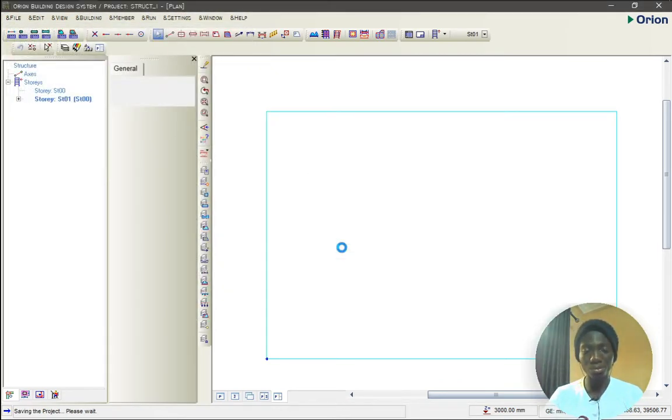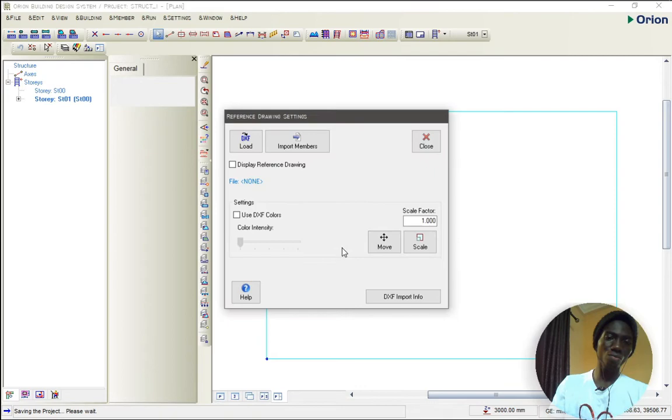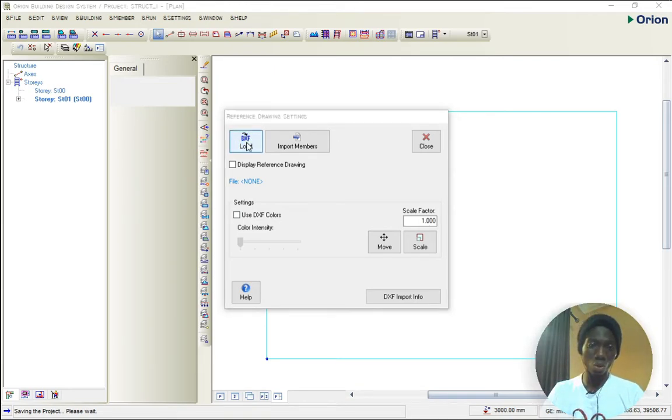Okay. So this is it. The only thing we need to do now is to load in the DXF file. So click on load,